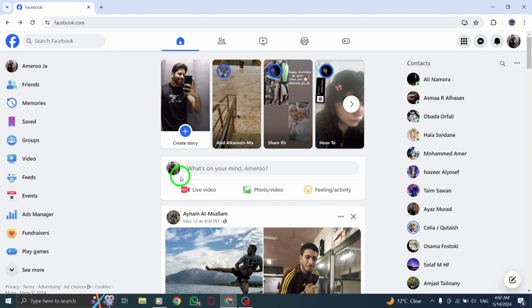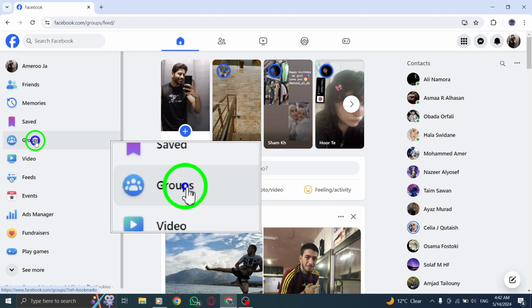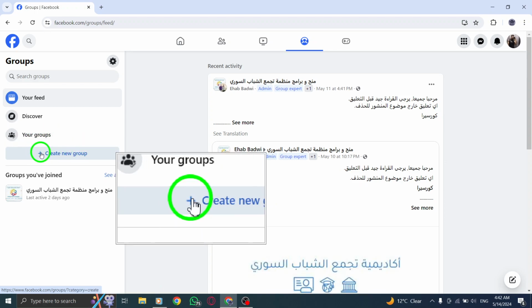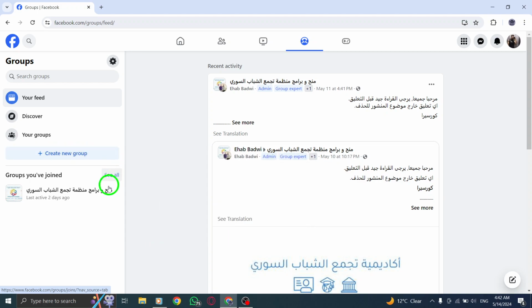Next, click on Groups in the left-hand column. You can select an existing group or create a new one by clicking on +Create Group. Once you've selected the group, click where the gray text says Write Something, and then choose Poll from the tabs